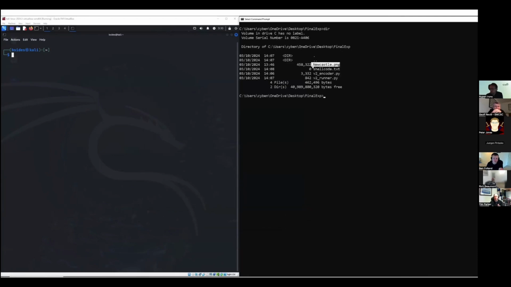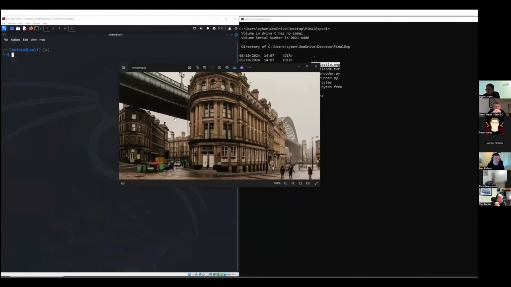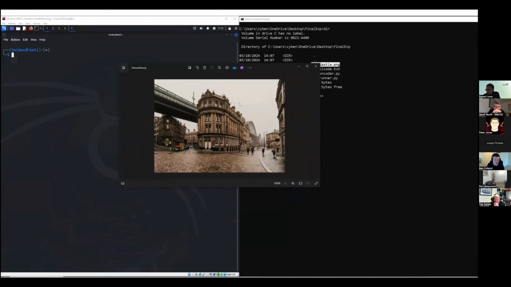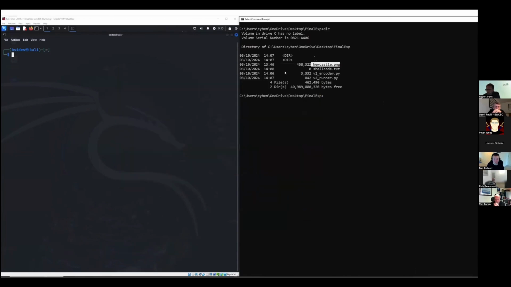On the left-hand side, I'm showing you I've got an image called newcastle.png. This is a legitimate image. This hasn't been modified. This is completely benign. And I've got the scripts encoder and runner, which I'm going to use to encode the malicious code within the